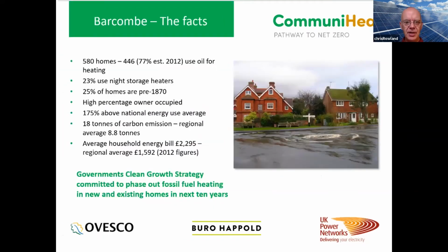Okay, Barkham, here's some facts about Barkham. Avesco has been working with Barkham for about 10 years. In 2012, 77% of the village was using oil for heating. The village has 175% above national average for energy use, and the homeowners have high energy bills and high carbon